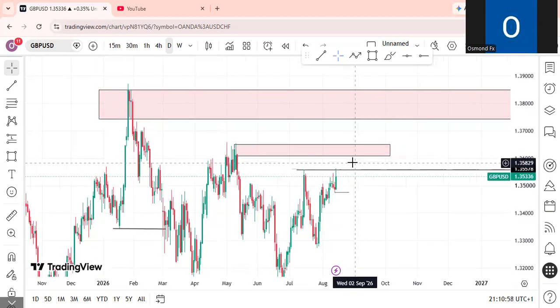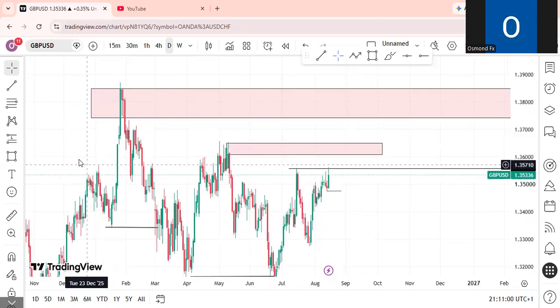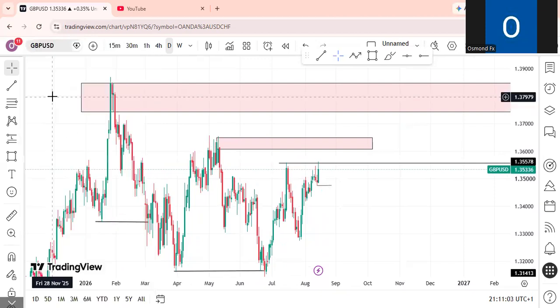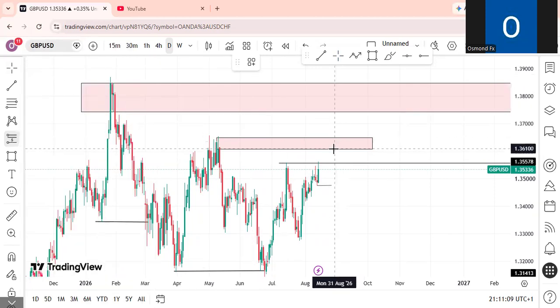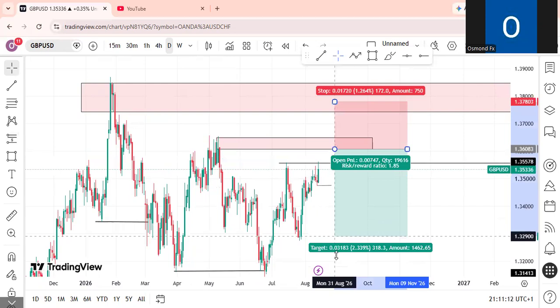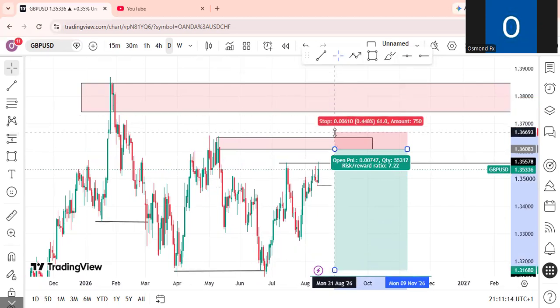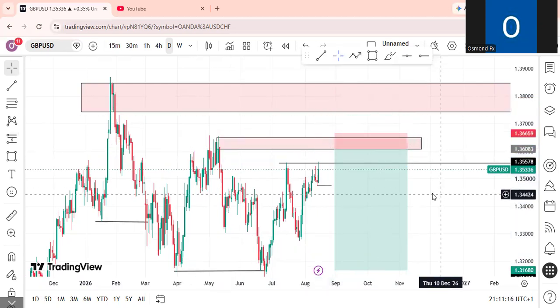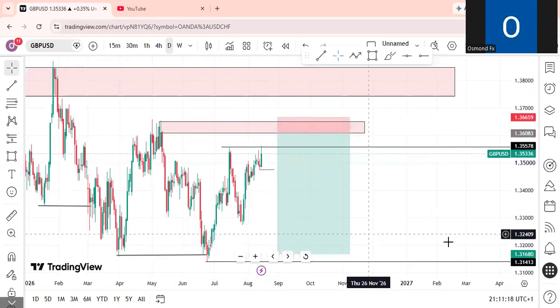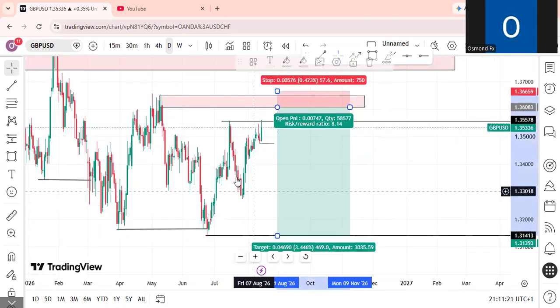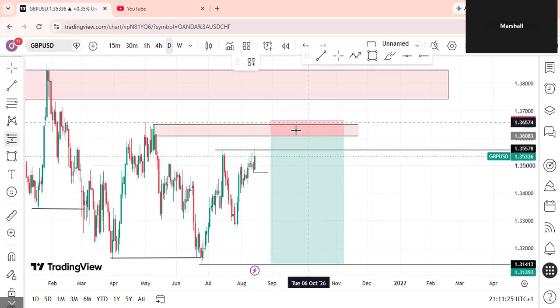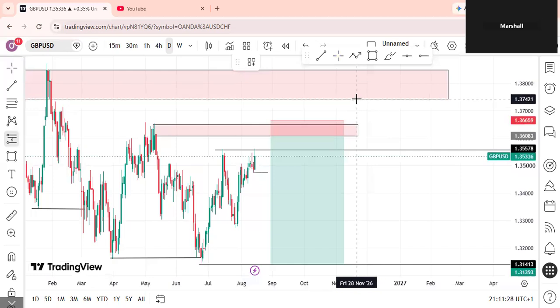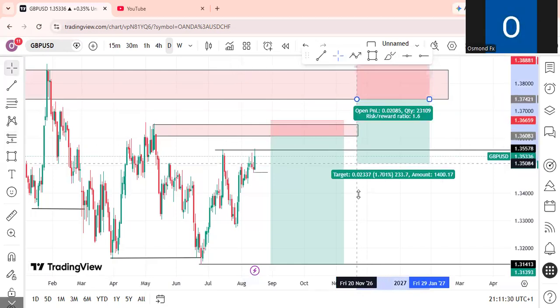I'm going to be expecting to sell from here or here. I'm going to be expecting to sell from here to the downside. Exactly, from here to the downside to here. This is a swing trade for me. And from this one also, if this area gets violated, I'm going to be expecting another sell from here to